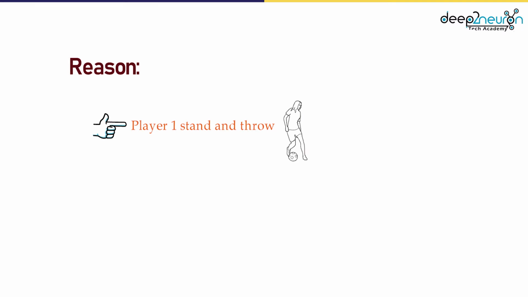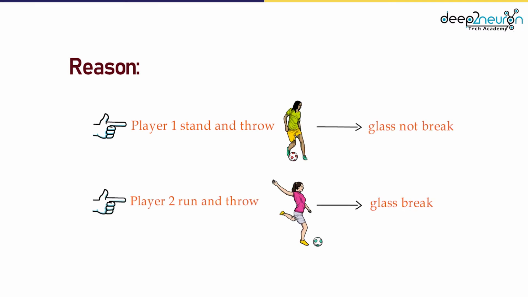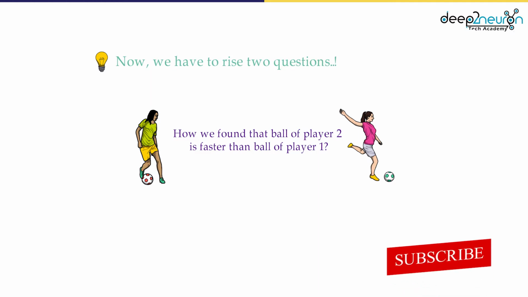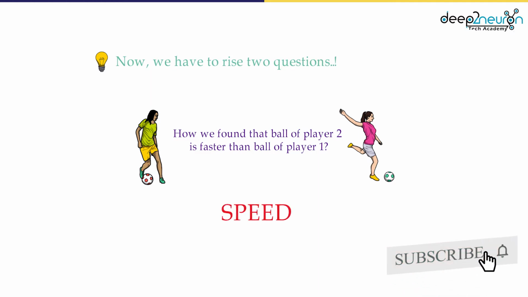Why? Well, the reason behind this is that player 1 throws the ball slowly so the glass doesn't break. Player 2 throws the ball fast so the glass breaks. Now we have to raise two questions from these scenarios. Question 1. How did we find that the ball of player 2 is faster than the ball of player 1? The answer is speed. The speed of the ball of player 2 is greater than the speed of the ball of